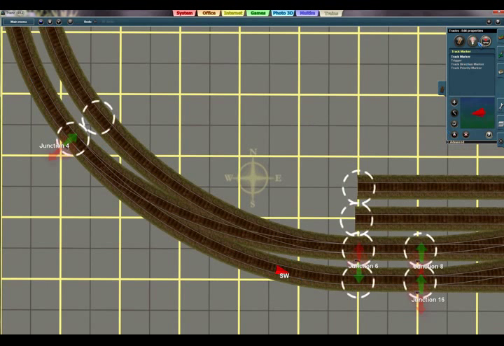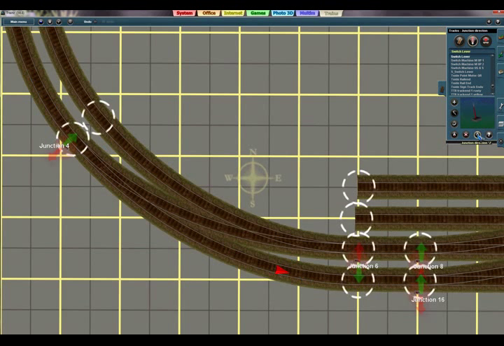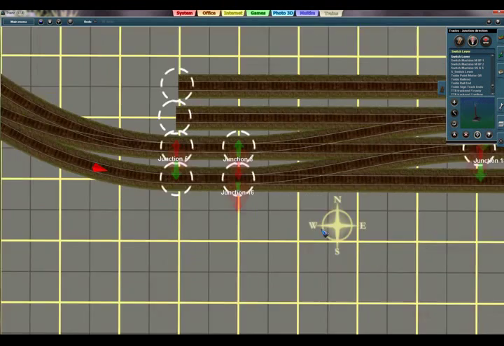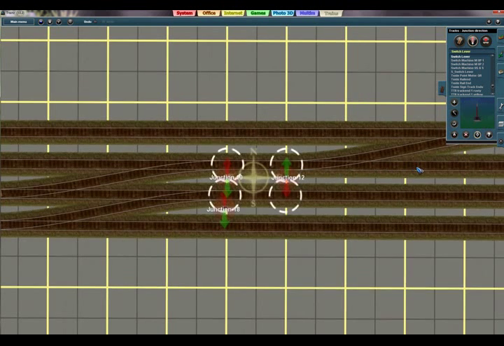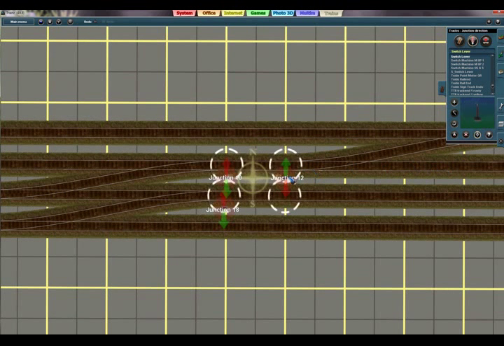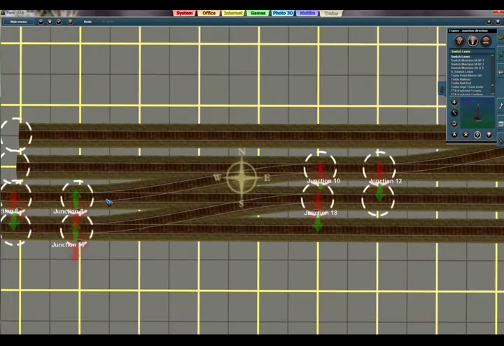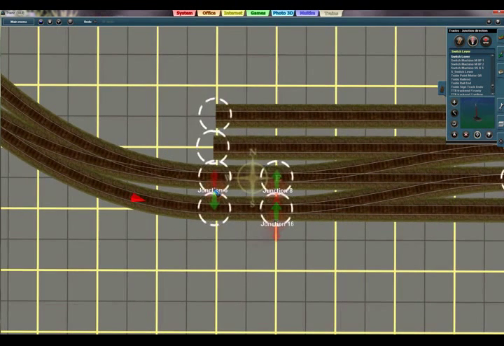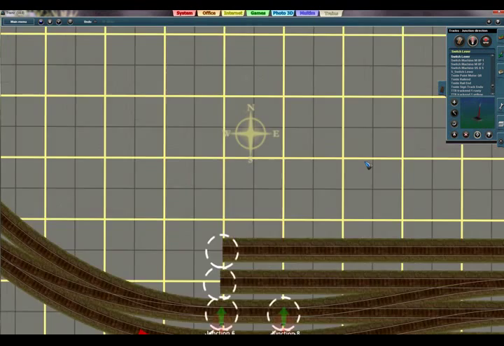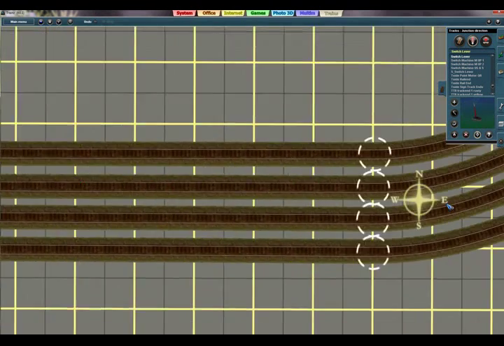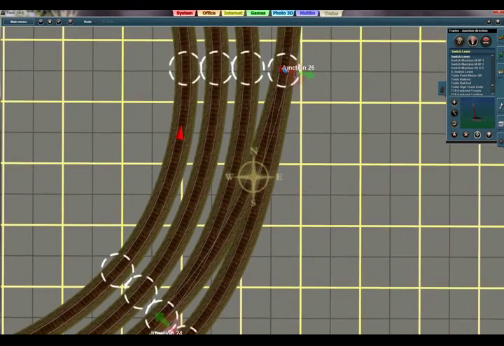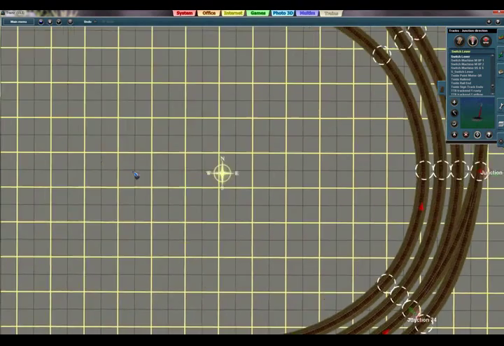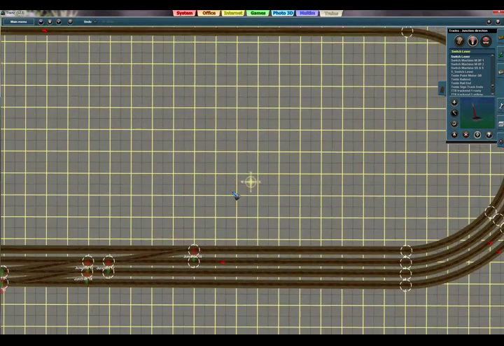Let's also look if all the switches are in the right direction, and if not, let's throw them. This one, the train can go to the outer track. Then indeed it has to go inward, and that is all okay. And this train that is over here, that switch is wrong, that switch is okay, that switch is okay, yes, and that switch is wrong, that is okay now. So let's have a look over here if those switches are okay. The inner track, yes, that's okay, and that one is also okay. So all the switches are fine, and let us now add some trains.